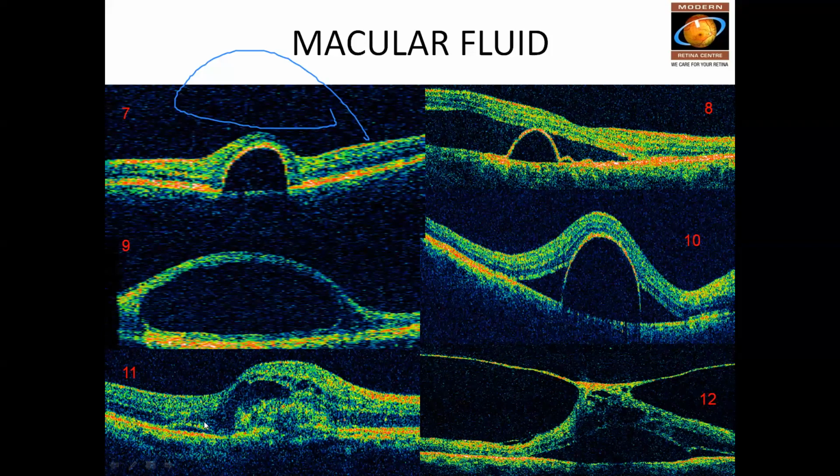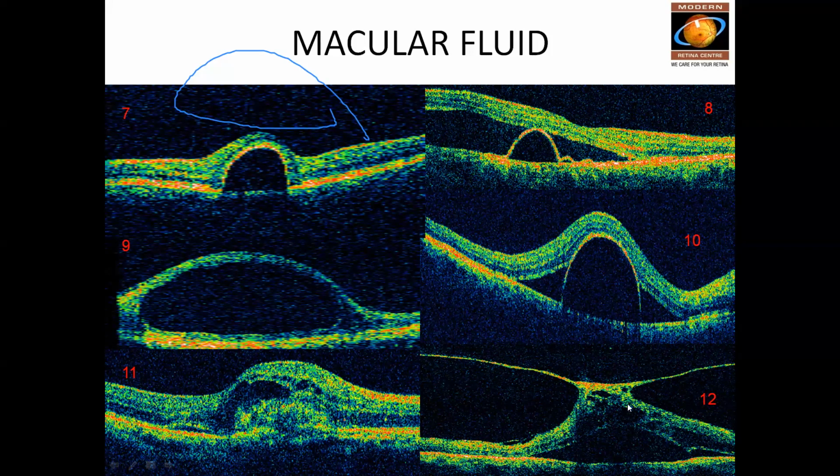Then coming on to number 11. Again, you can see here, if you go by rules, the surface is okay. In the intraretinal layers, there is some amount of fluid and cystic spaces. There is some amount of hyperreflective tissue there. And when you see the RPE, it is broken at this point. And again, you can see the RPE here. So there is a tissue which is coming, breaking the RPE into the subretinal space. So this is basically a CNVM. This is an active CNVM.